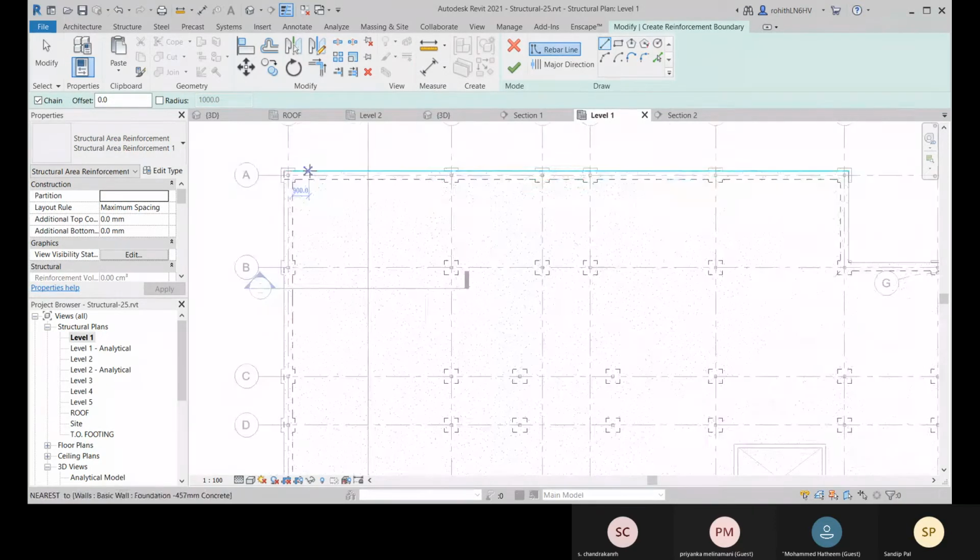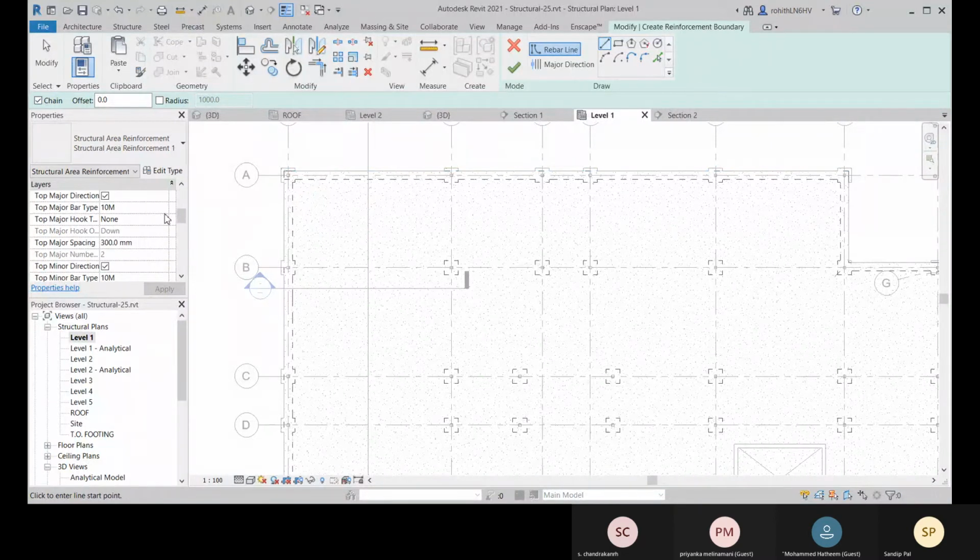So about the layout rule, that is maximum spacing. Okay, and this is the type. So here let me choose 16 mm top major bar, and the top major spacing, that is 300 mm.